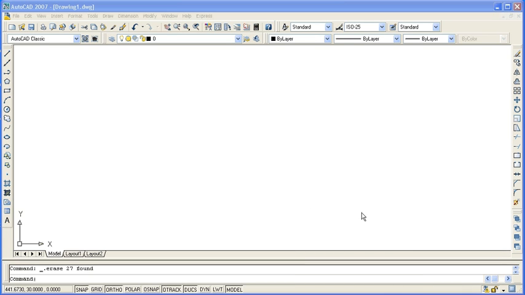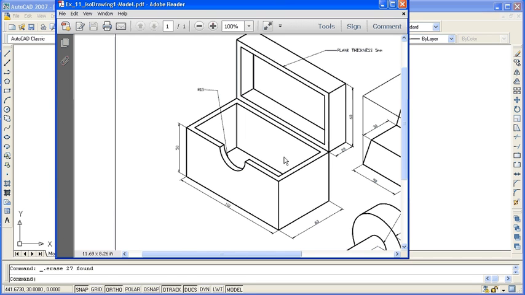We are going to learn how to use isometric drawing. The model shown in this figure is going to be drawn, and this model is having